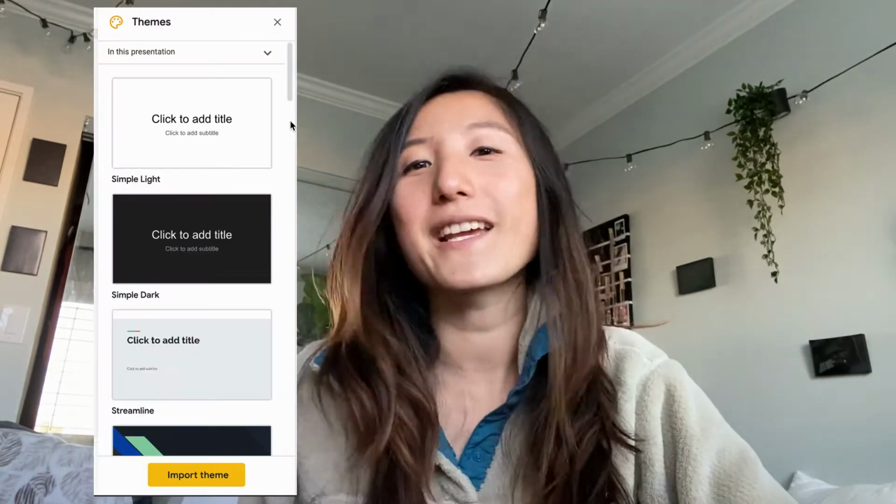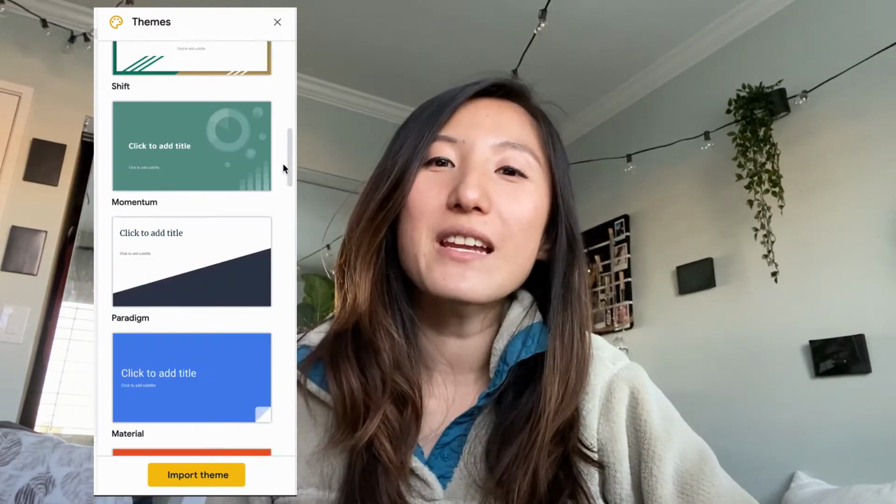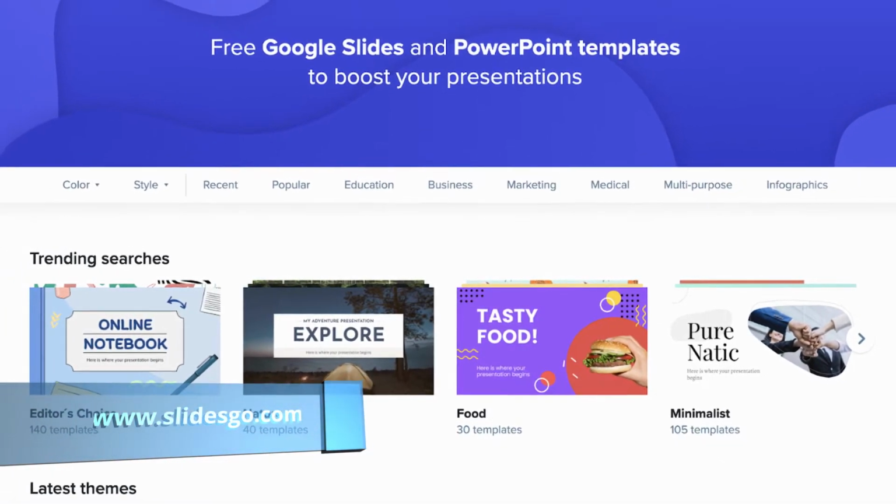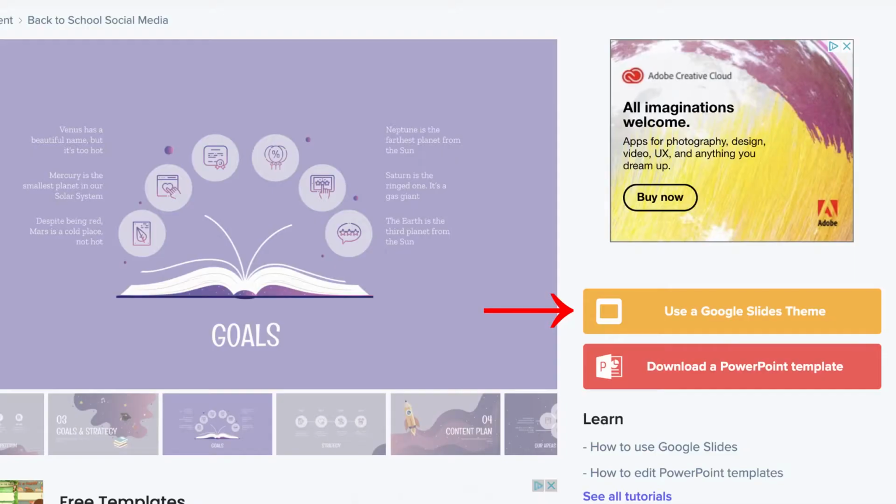Theme. Are you tired of looking at the same old presentation theme? If you look online, there's so many different free themes that you could take and import and use as themes for your own presentation. So if you go to this website here, SlideGo, it actually has a lot of different templates that are categorized by different color, style, and purposes. And if you look through the different slides, you could just find one that fits your presentation and import it. You can either import directly to Google Slides or you could download it locally. I do this all the time. This is definitely very useful. You don't have to go and create your own slide designs, and they have really cool templates on there.